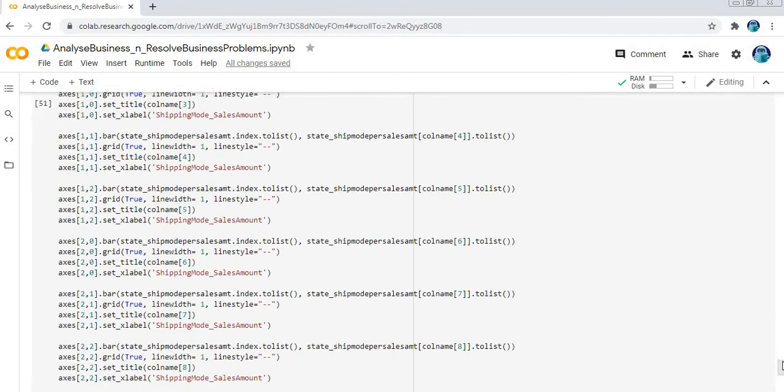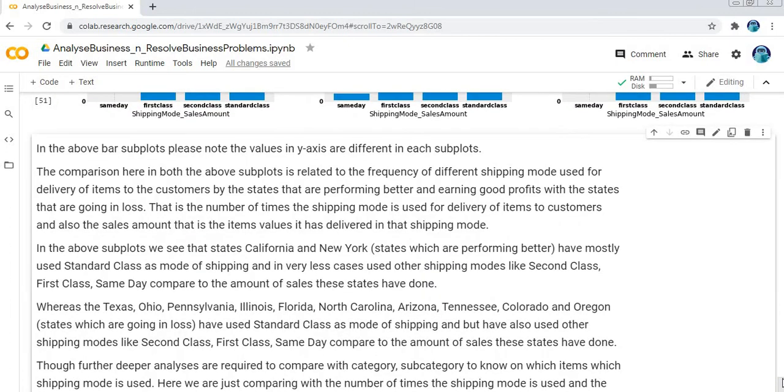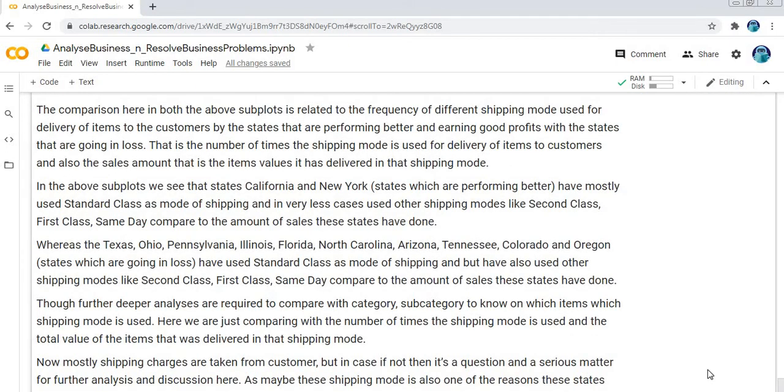Whereas the 10 states which are going into loss have also used standard class mode for shipping, but they have also used shipping modes like second class and first class compared to the amount of sales these states have done, as we have discussed earlier. So though